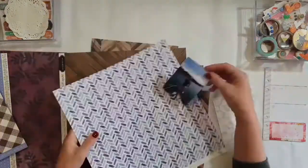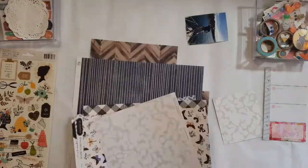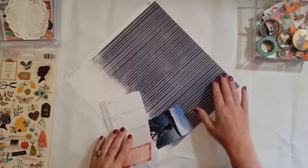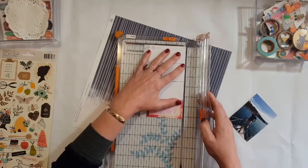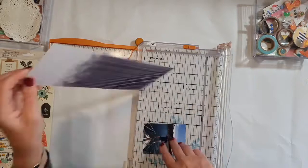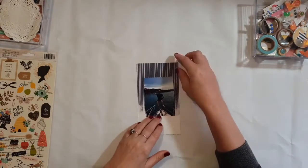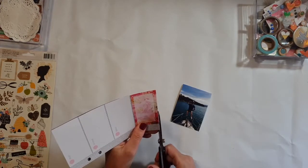And I just go through the papers, seeing which ones I can like. I really enjoy doing these mini albums. I've done one now for the last, I would say, maybe 5-6 years. I don't do very big. The very first one I made, I actually made a whole mini album, you know, one of those ones where you have flip ups and pull outs and slide ins. I made one of those, and I really enjoyed making that. It was the first one I made, and that year I actually made quite a few. And then